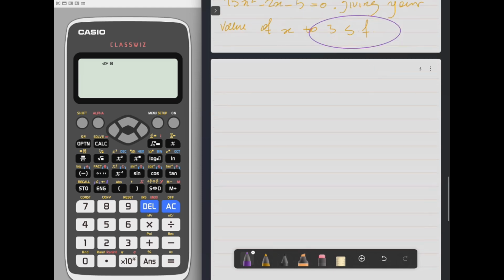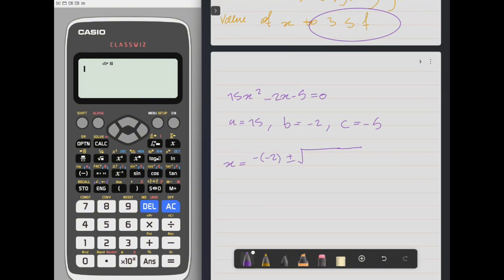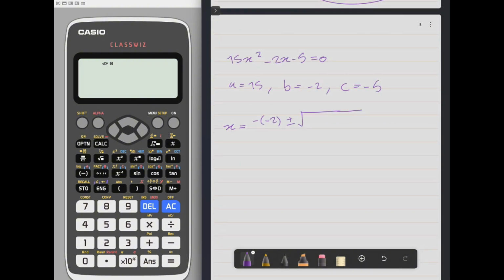So 15x squared minus 2x minus 5. So my a is equal to 15, my b is equal to minus 2, and my c is equal to minus 5. Okay, so by using formula, I know that my values of x will be minus 2, which is positive 2. So I just write it as it is. Plus or minus root b squared, which is minus 2 squared, minus 4 times a, which is 15, times c, which is minus 5, over